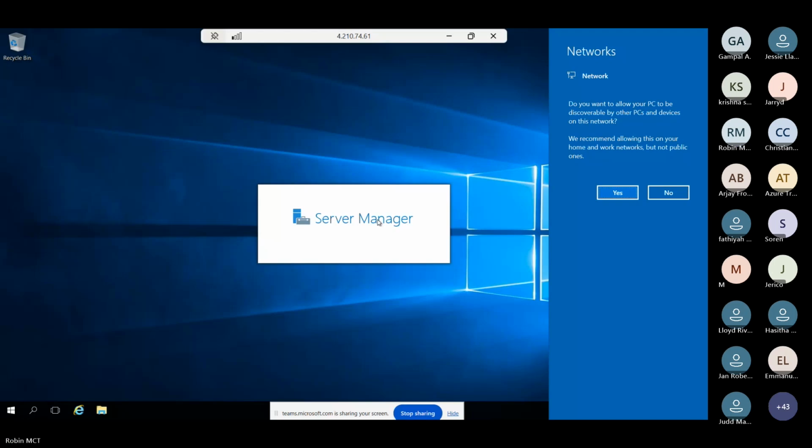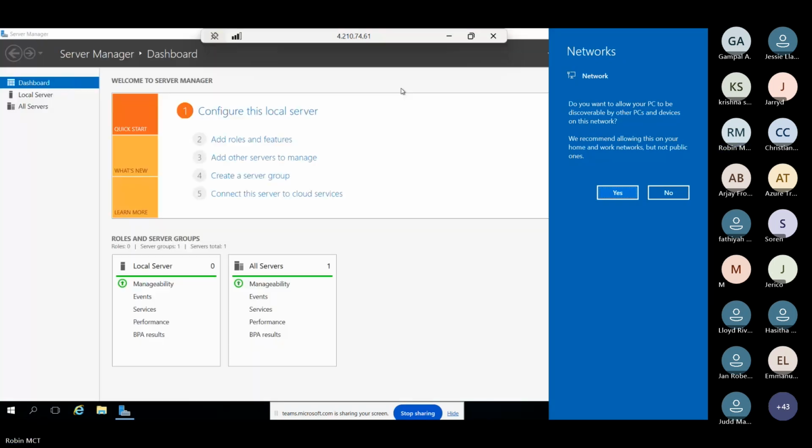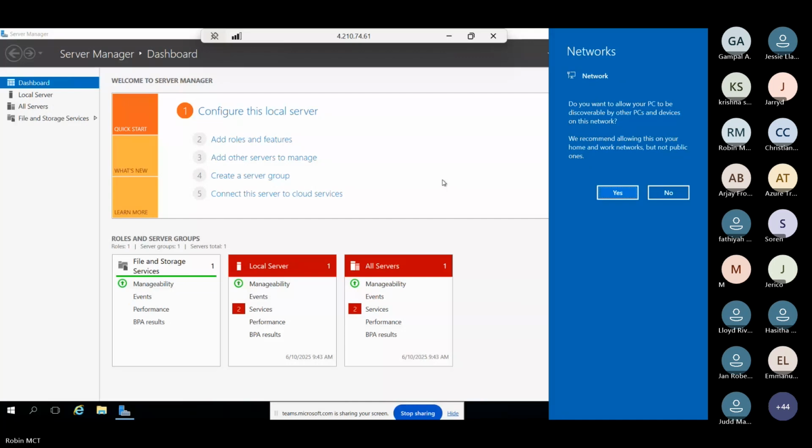You can see here this has been cleared. You can see here this has been progressing. You can see here this another server has been connected.